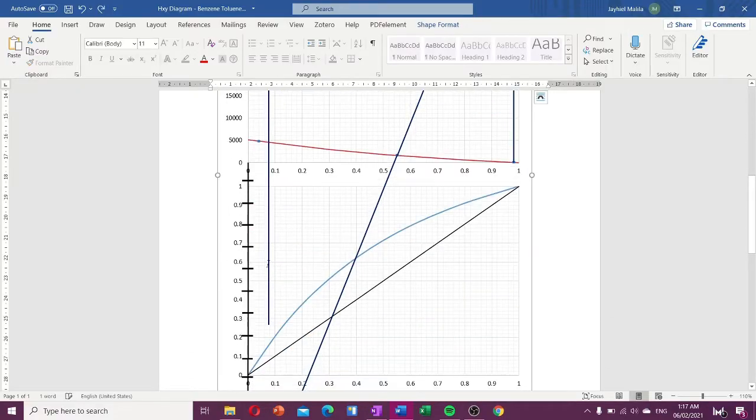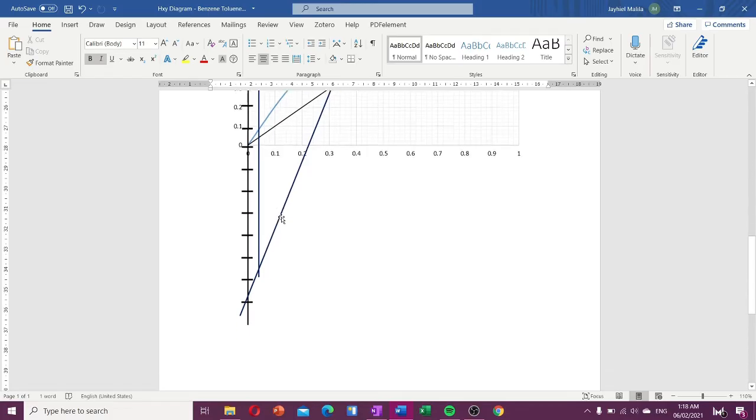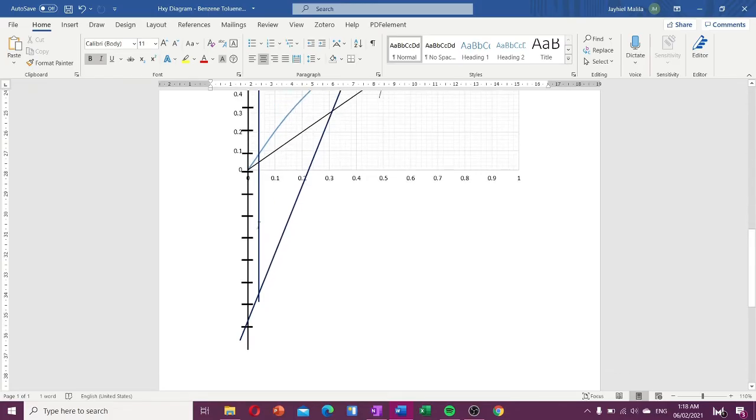Oops! Oh my gosh, I moved the graph. Okay, no. No, okay. Here. Okay, I hope I'm doing this right. Okay, that's okay. I'm very lucky I was able to get